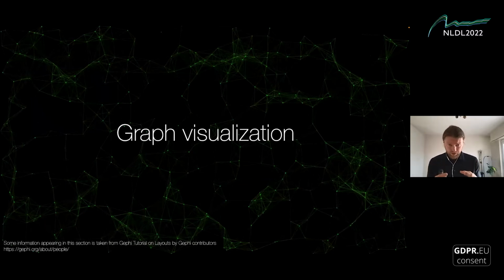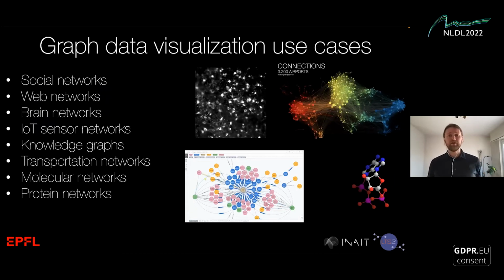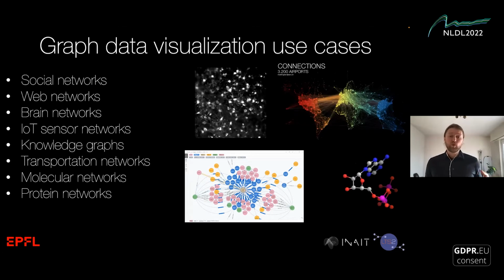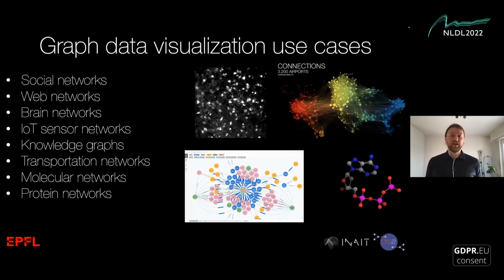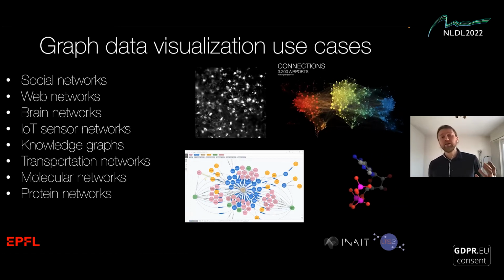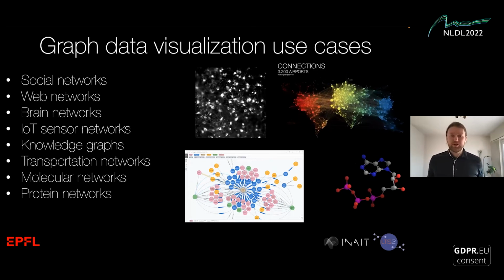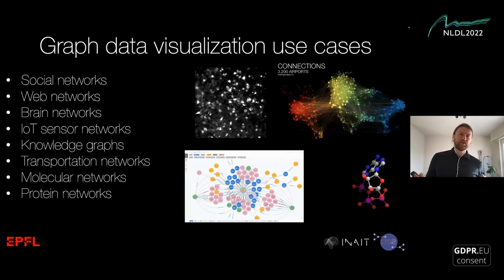So graph visualization is just one type of data visualization. However, it covers many interesting use cases. Network structured data can be found in pretty much every domain and field of study. So if you work with any of these data sources and want to convey complex ideas effectively, visualizing your data is a must. Even if we look just at social networks, graph visualizations help to identify importance of users, clusters,